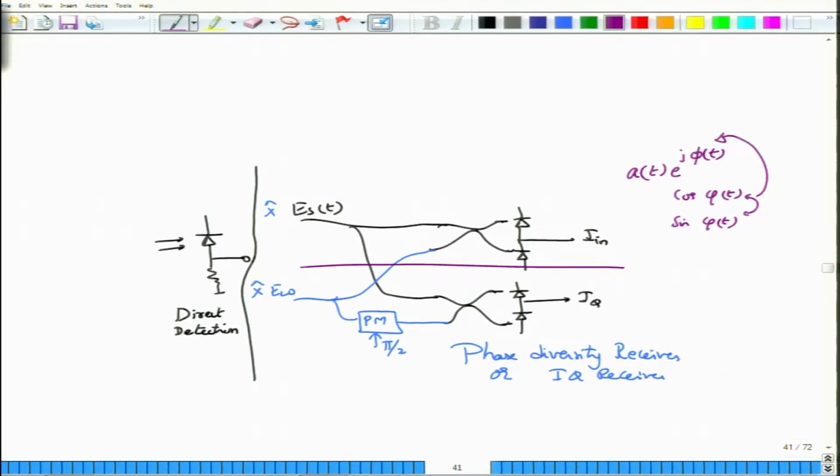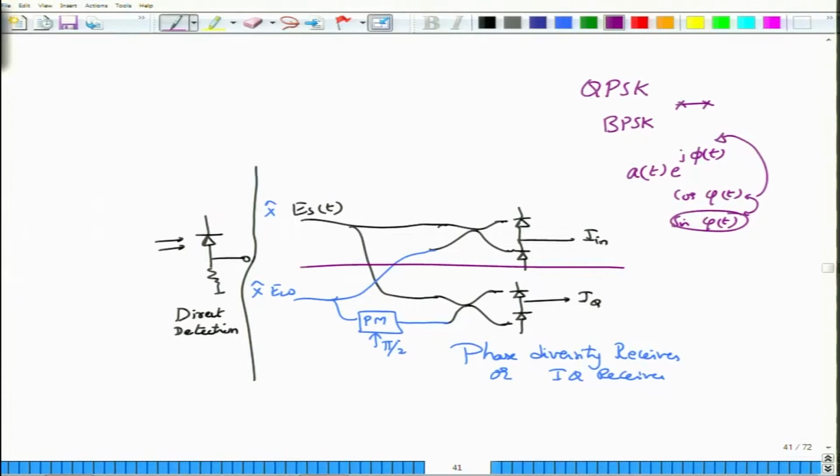Of course, in the cases of BPSK that we have seen, the sin phi of t did not enter into our considerations, because we had constellations lying just on the in-phase axis. However, in other modulations such as QPSK, M-ary PSK or quadrature amplitude modulation, you will have constellation points containing both in-phase and quadrature components. So, you want to be able to obtain the quadrature component as well. How do you do that?